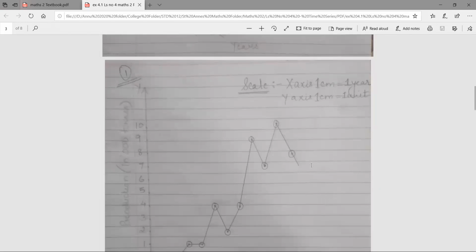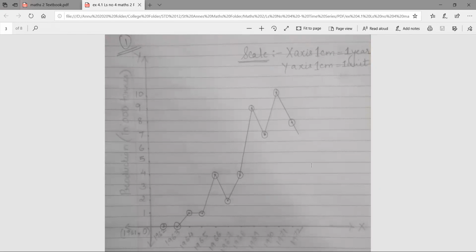After plotting of the points is finished, the next step is again very simple. Now in newspapers, when we had free time and we were small, we used to play join the dots, correct? So here also again you have to play the same game. After putting the points, you have to join them together. As you can see, I have joined all the dots but in order. Just don't join here and there. Follow the points which you have plotted. So 62, 63, 64, 65, 66, 67, 68, 69, 70, 71 and 72. So your graph will look somewhat like this.